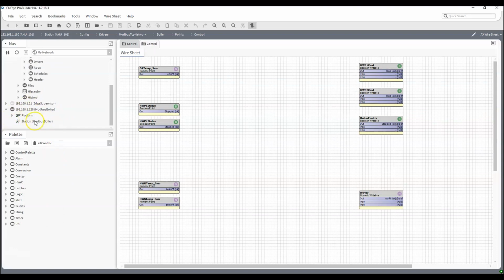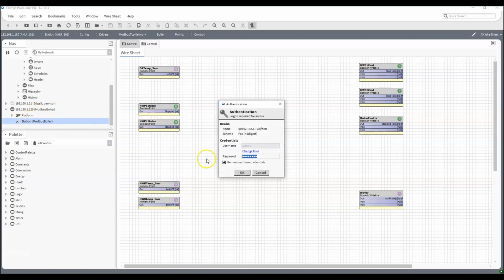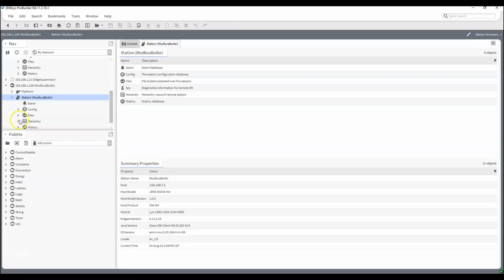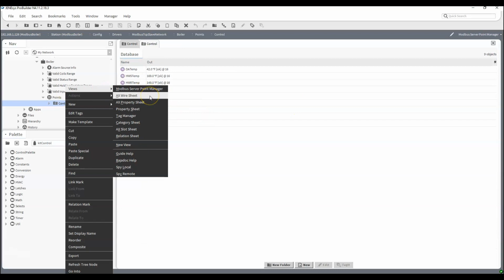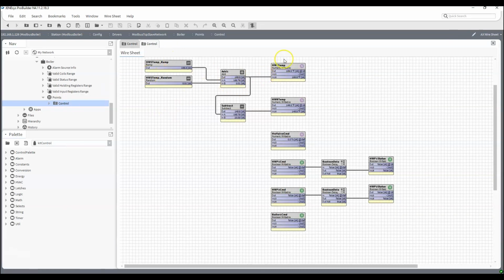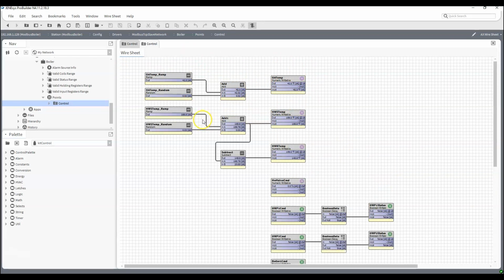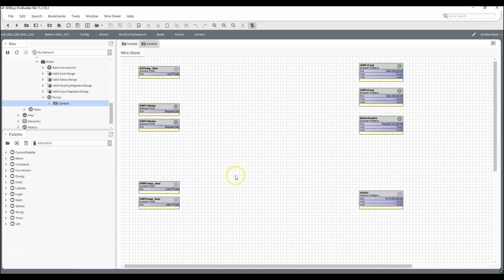I'm going to get my control T on. Sorry. Went ahead and in my Modbus TCP slave network, I brought in a boiler and I have my control points here. And if we look, I've just got a little bit of logic here just to mimic a working station here. So now